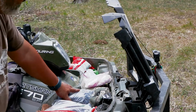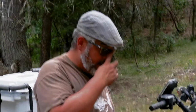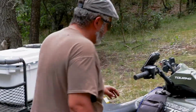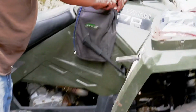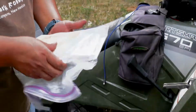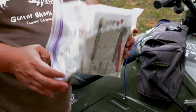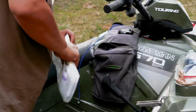Trash bags for both. And if you watched the Jason video with the 10 essential things to pack, it talks about the importance of trash bags, not just for litter, but ponchos and shelter and other things that can kind of help you survive being out here. I have an ATV Logic saddlebag on the right hand side. I carry paper for me to keep notes right here. I keep maps of the areas that I ride most commonly. I put my insurance and registration,